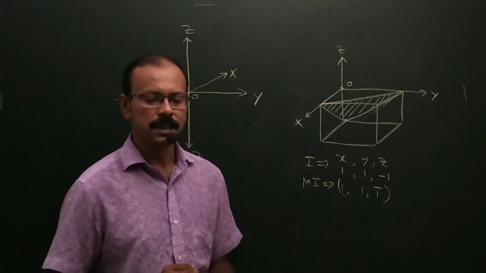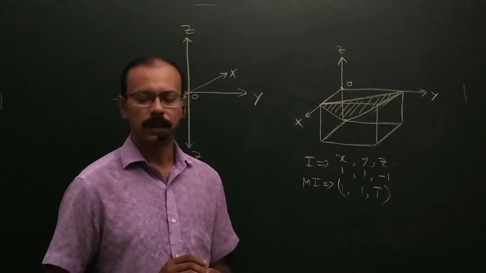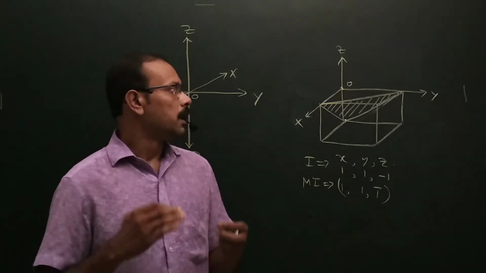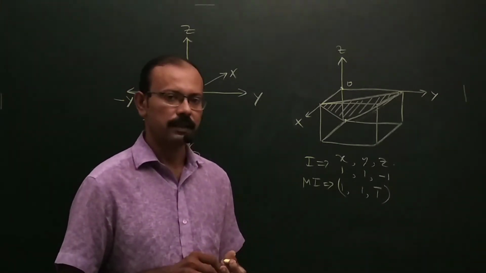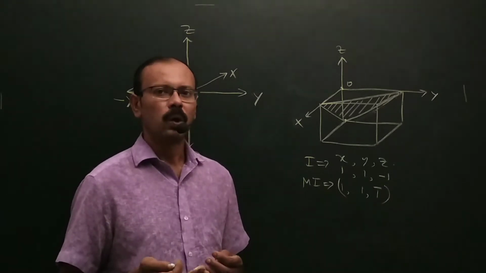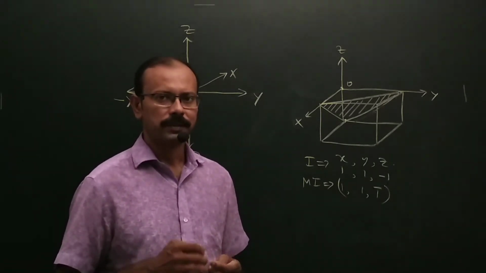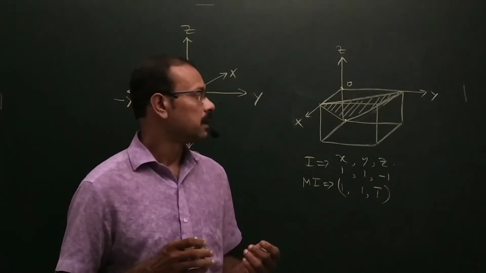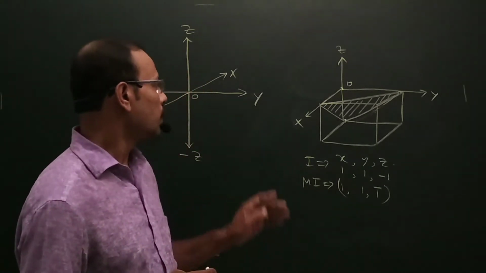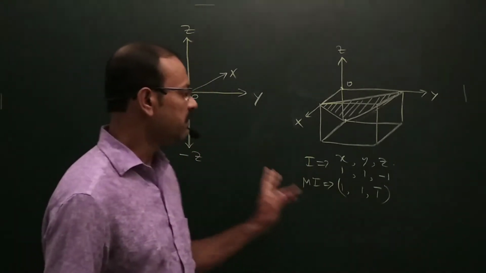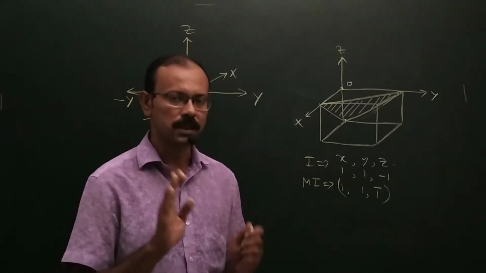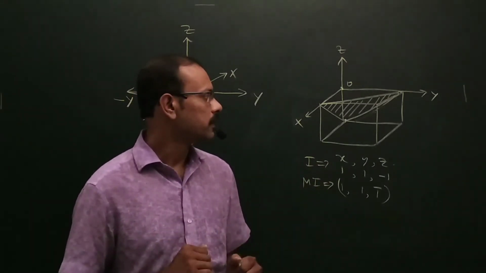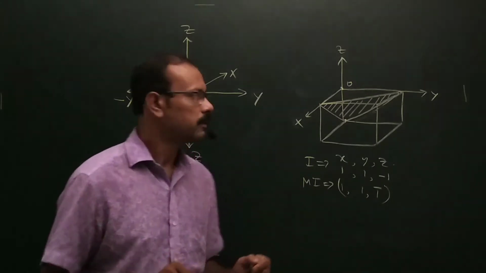Now, the next case is a very crucial one. I would like to draw the next case and discuss it, and thereafter I will go forward to how to draw a plane from given Miller indices. So the last one is a crucial one. You should understand this. I am drawing this one now.